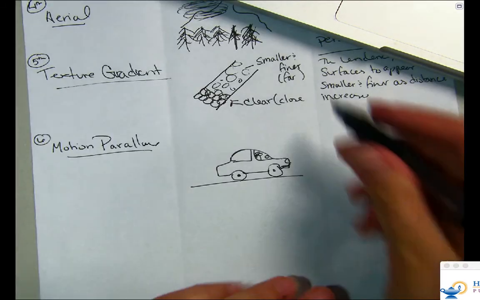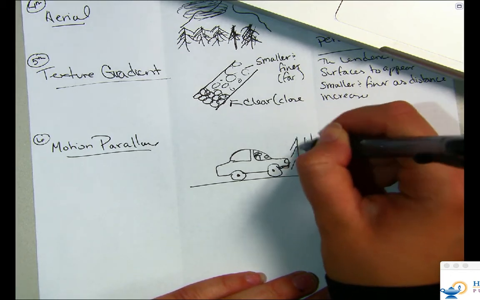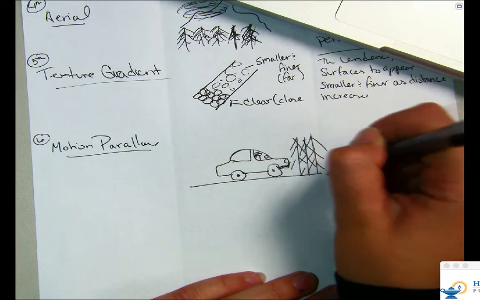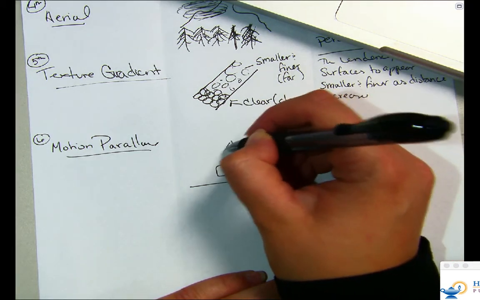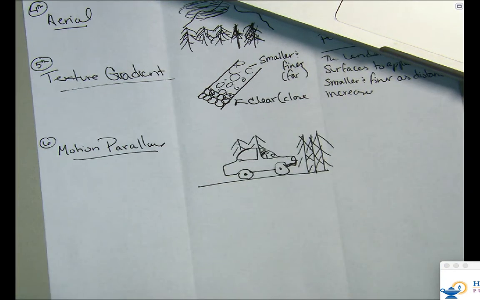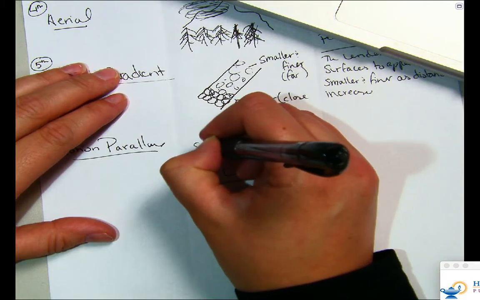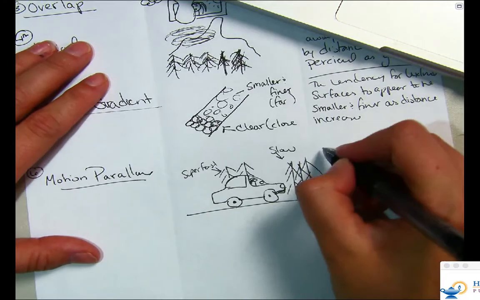That's fine. Okay, so when you're driving and you're seeing trees along the road, are they coming fast at you or slow at you? Slow. However, when you look out the side window, are they going fast or slow? Yes. So when you're driving into the trees, it's coming at you very slow and predictable. When you look to the left or the right out the window, everything's going by super, super fast. That's motion parallax. So this is super fast. This is slow moving. So the motion of objects